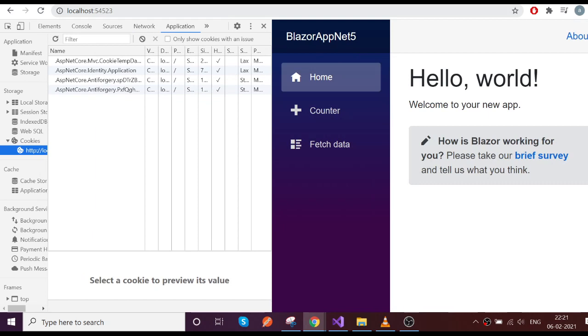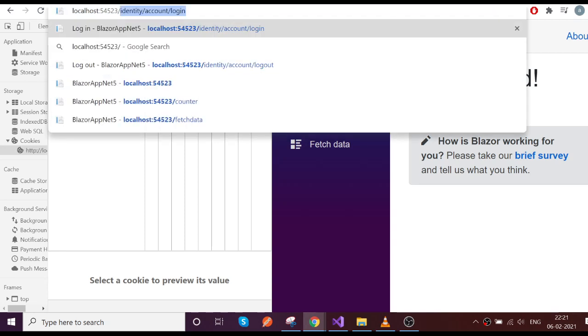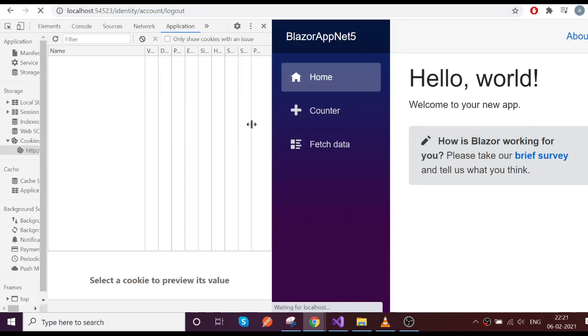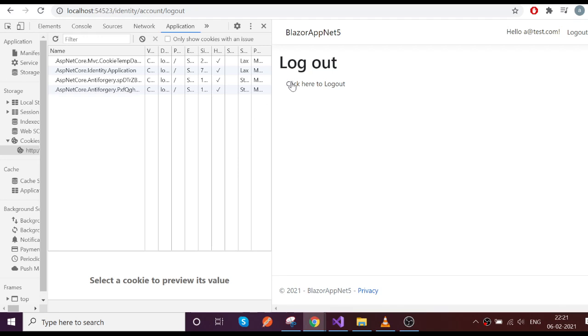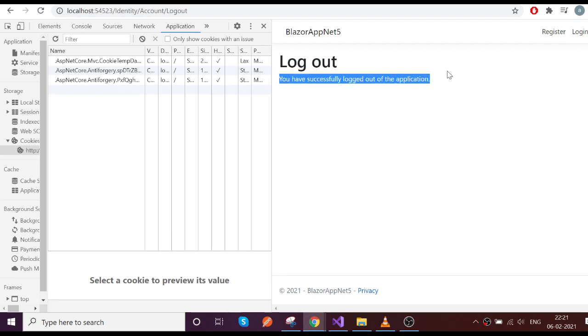Oh yeah, this time it is showing that the cookie is present and it's showing me the "click here to logout" button. Once I click logout, my cookie is cleared in the browser and the session is also logged out.